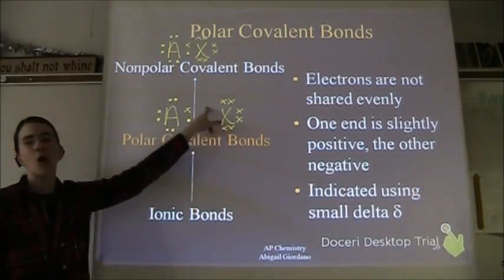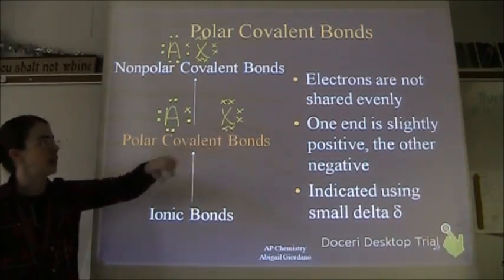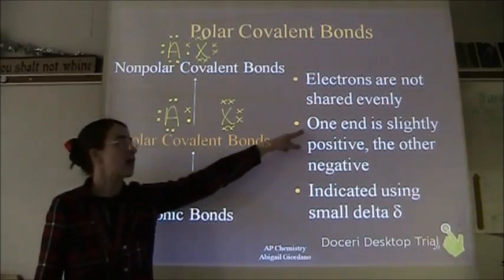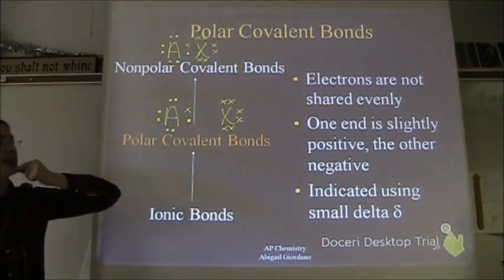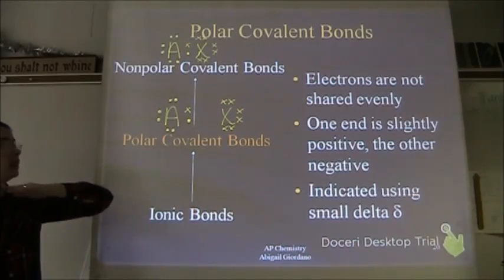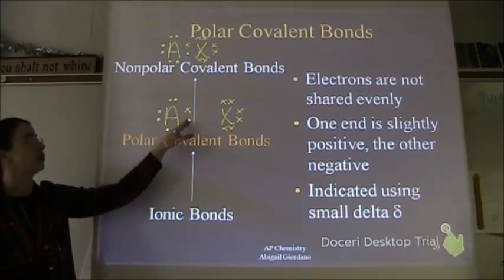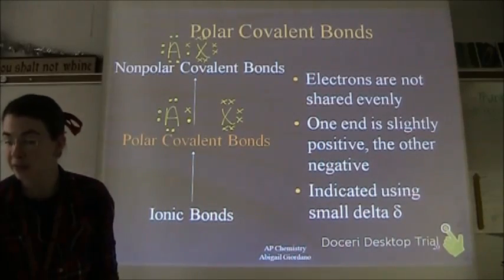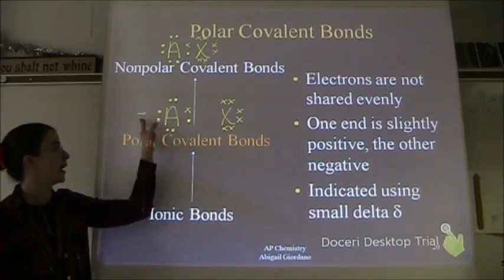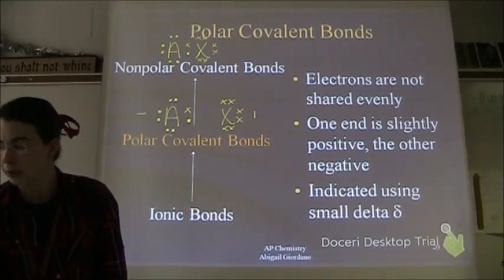This would be a polar covalent bond, and it says if you have that situation, one end is slightly positive, the other is slightly negative. Whichever atom is attracting those electrons more, that's going to be the end of the bond that'll be a little bit more negative. This side will be a little bit more